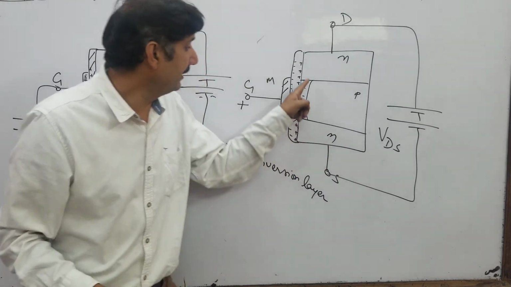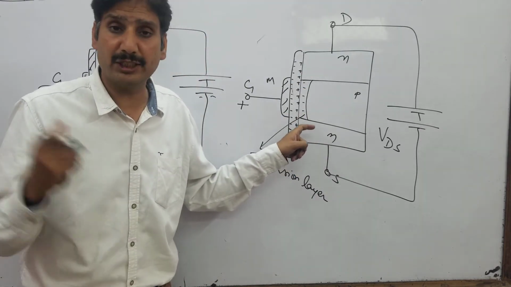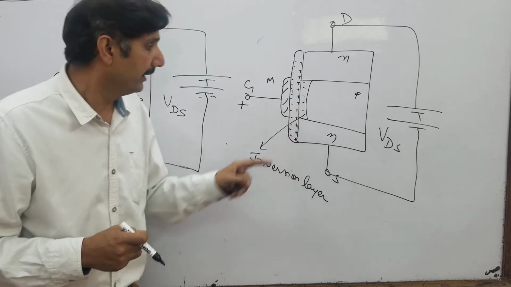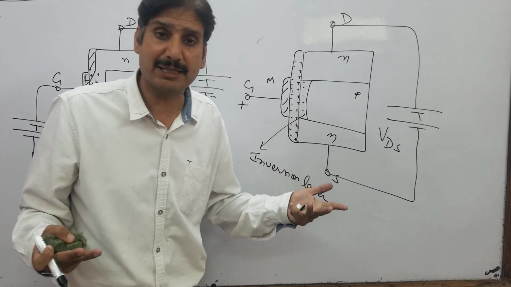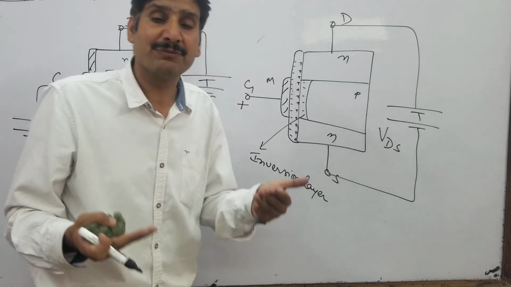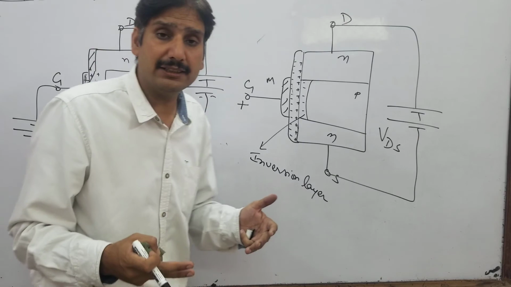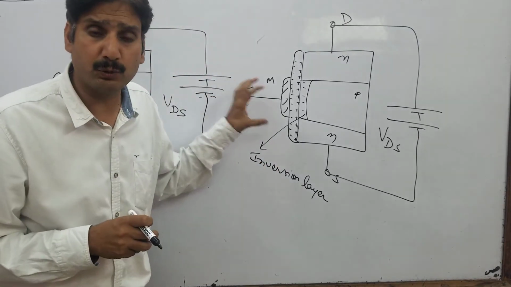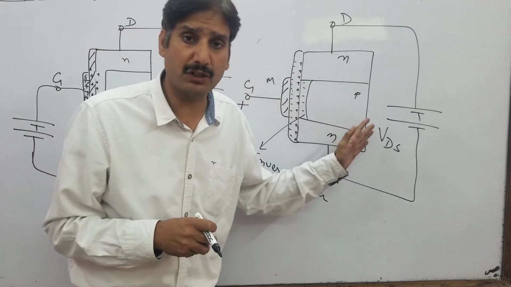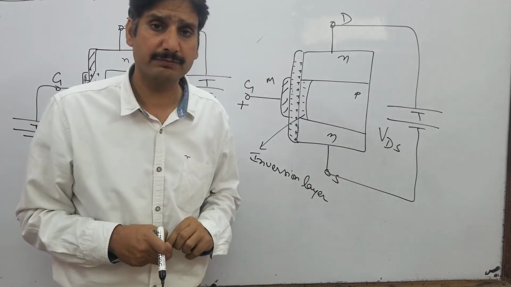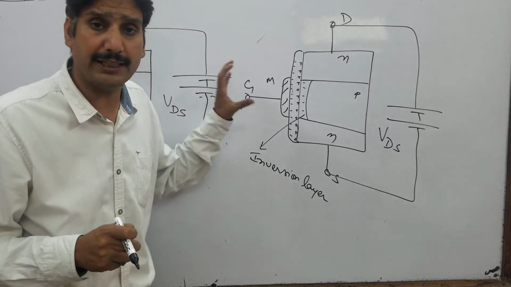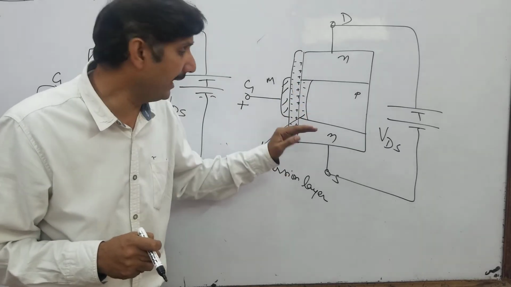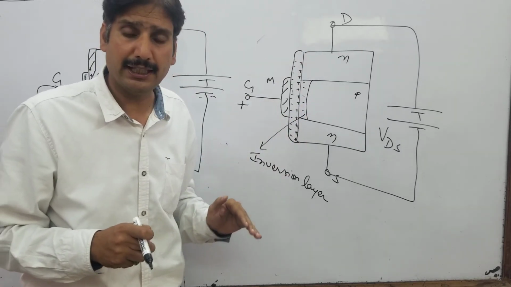They were not physically connected as they were in the depletion type MOSFET, but now an inversion layer has appeared over there. Now this layer is acting as if it's an N-type semiconductor, although it is in the P-type region. That's why it's being called inversion layer, and that will appear only when sufficient gate voltage is provided. If sufficient gate voltage is not provided, this inversion layer will not be present and there will be no conduction at all. Only if you provide sufficient gate voltage will it generate this inversion layer, and now the source and drain are connected and current can flow.